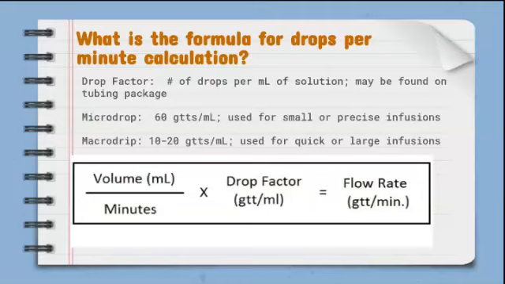Okay, I don't want to confuse you by explaining too much. The flow rate formula is total amount of fluid divided by total time into drop factor. Sometimes some people do it with 20 drops per ml, or some people do it with 15 drops per ml. So it is better to keep it 15.